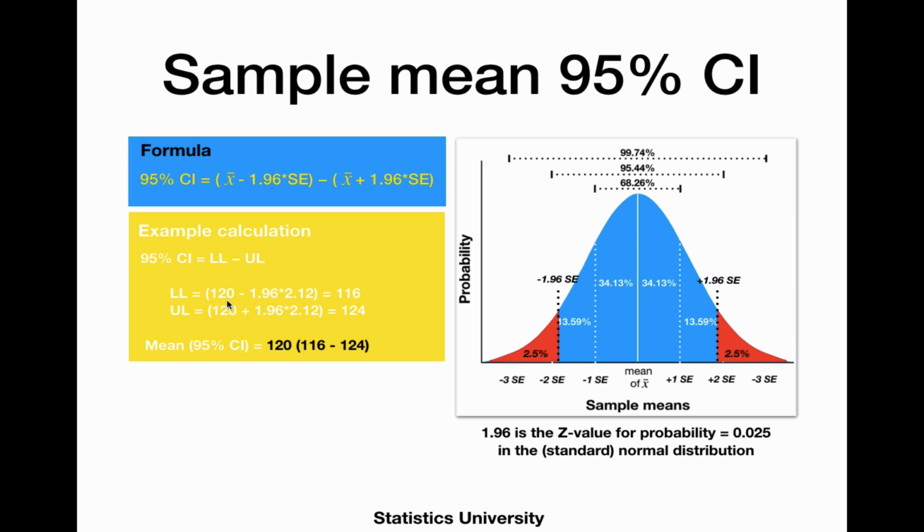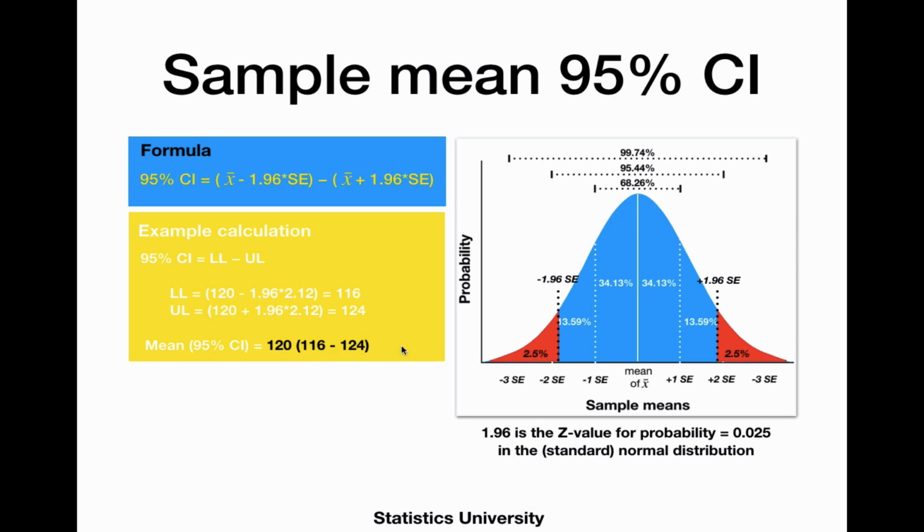So we take the mean of 120, and then we subtract 1.96 times 2.12, and that gives us a lower boundary of 116, and the upper boundary is 120 plus 1.96 times 2.12, the standard error, gives us an upper boundary of 124. So our mean with the 95% confidence interval is 120, and then 116 to 124 for